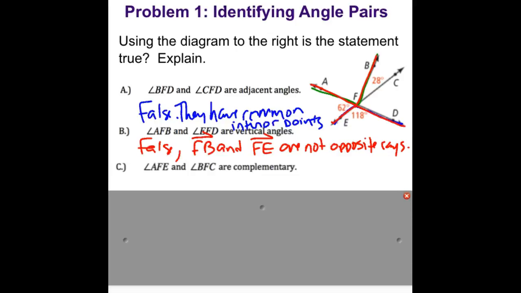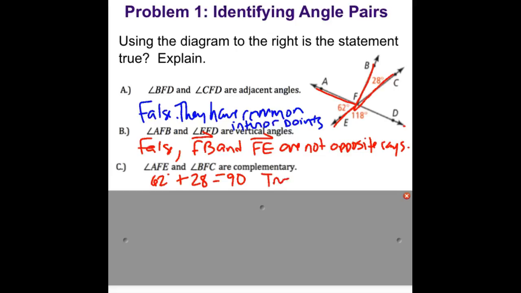C says angle AFE and angle BFC are complementary. Complementary means that they add up to 90 degrees. So let's find them. AFE is 62 degrees and BFC is 28 degrees. So we just want to take 62 plus 28. 62 plus 28 is 90. So in fact, yes,